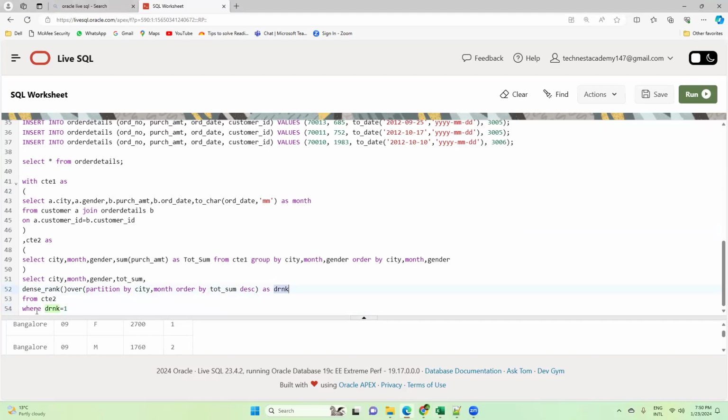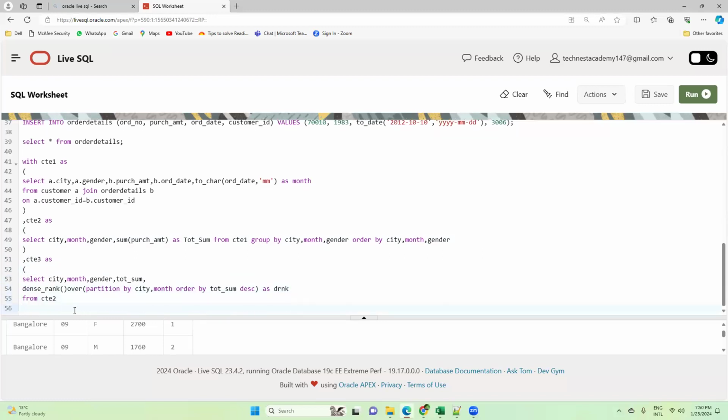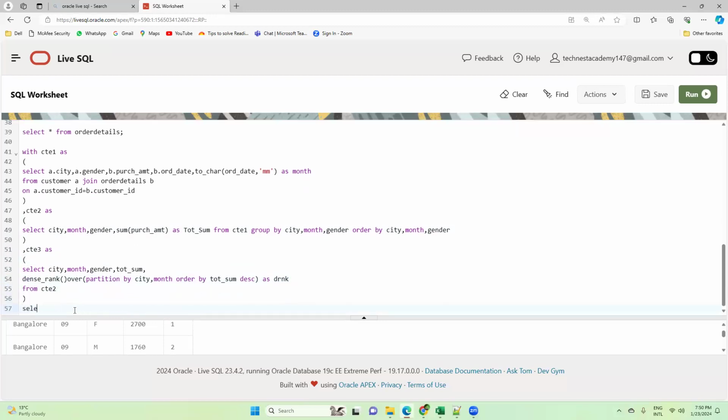It is because of the order of execution, how the SQL engine works. So now we have to keep it in another CTE, comma CT3 as, and now I will write here, select city, month, gender,